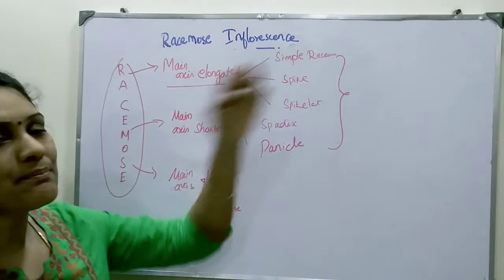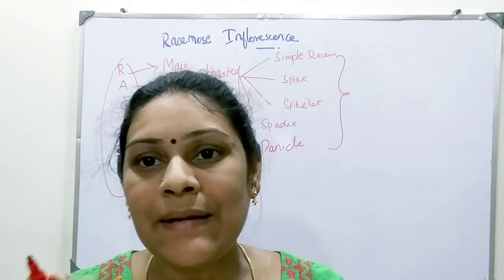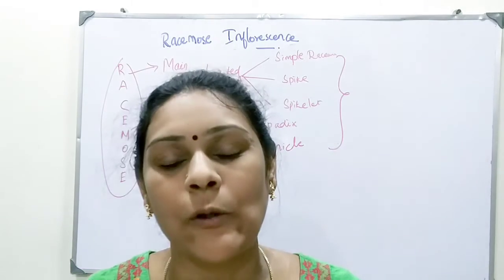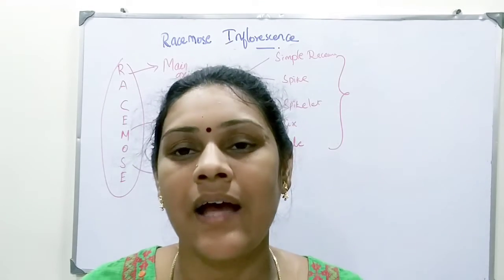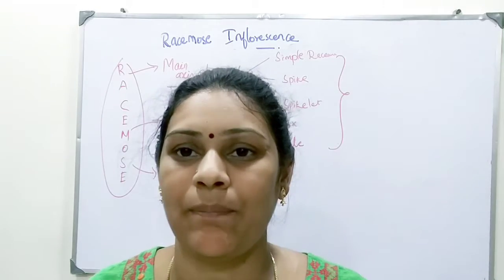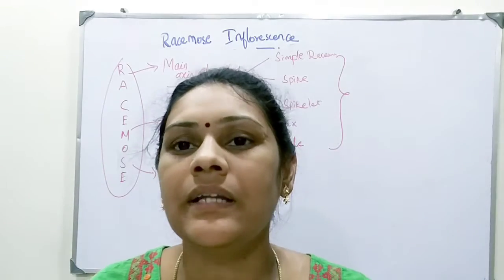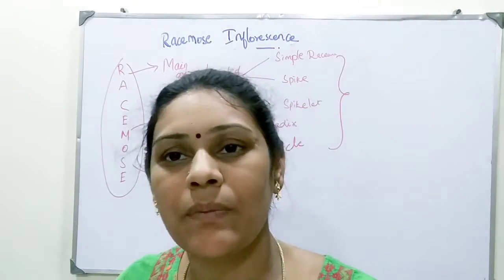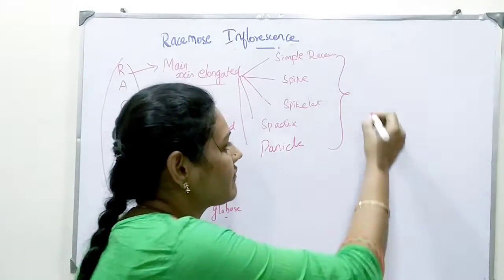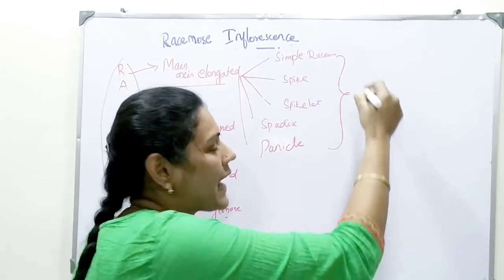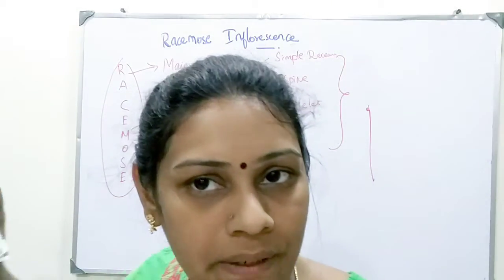Okay. So, this simple raceme is nothing but, as I already told you, racemose which is having the unbranched, that is racemose plant always will be in the acropetal succession. What is acropetal succession? That is the oldest flower and old flower which is present at the base of the plant, and the new or the young flowers that is present at the tip of the apex of the plant. Right? So this you should know. This is the main character of the racemose, and it is unlimited growth because it is having a terminal bud. So this bud will grow as long as it is, so that it is called indeterminate growth or unlimited growth is our racemose, and it is acropetal succession.